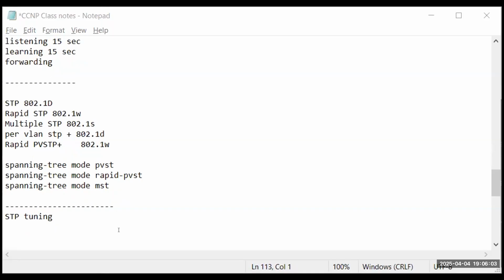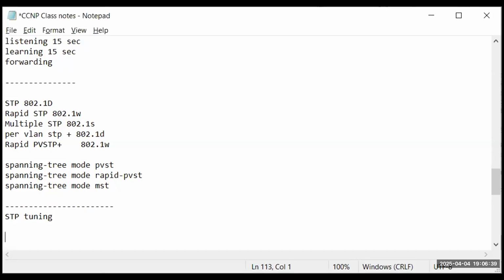We can add a few more spanning tree features on the switch ports to have fast convergence, to block BPDUs, or to ensure an additional root bridge does not come into the network. There are many things to fine tune, so we are going to use certain features that are already available in spanning tree. First, we want to talk about